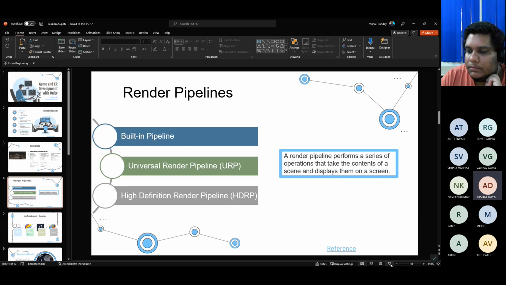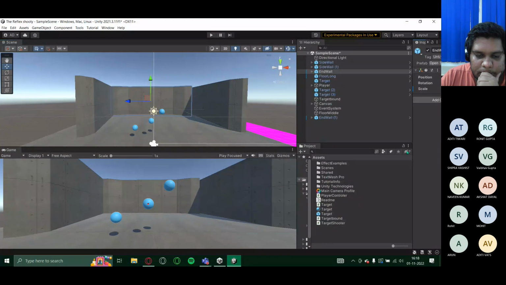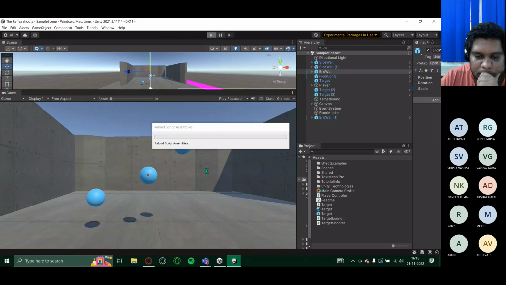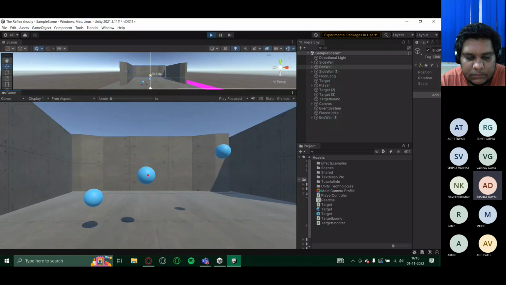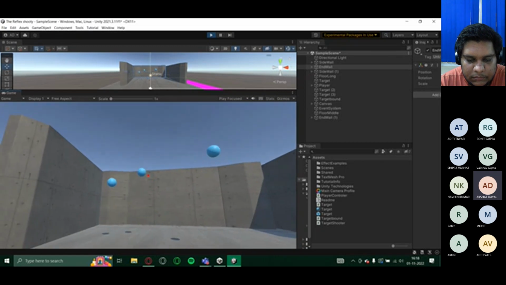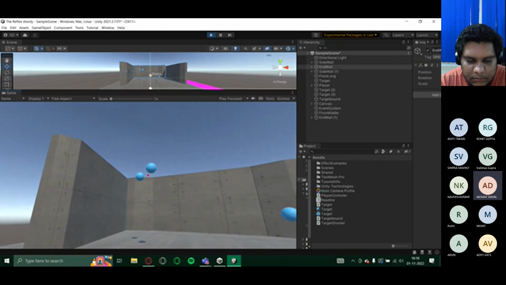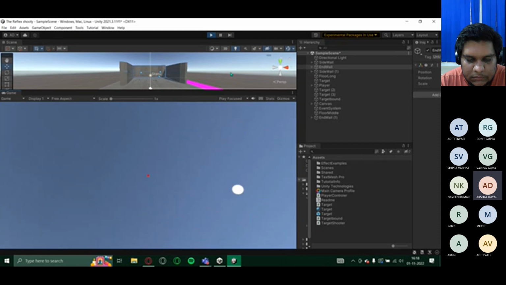Okay, it's done, sir. I can show it now. So this is what it is. Essentially, I'll just start it. What it does is every time you click on it, the positions change. The plan is to add a UI, give it a score and a time limit, so the faster you do it, the better your score is. That's currently all I have. As you can see, it's very basic.